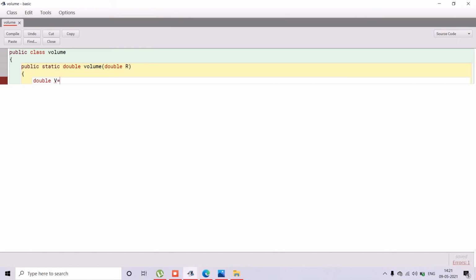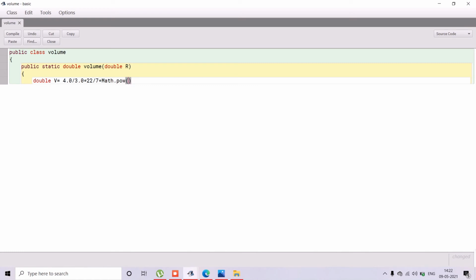So for 4 by 3 we should use 4.0, because here we are using double, so you should put the value in double only. Then 3.2 into, this is not an arbitrary symbol, it is the multiplication symbol. We mainly use this symbol only. Into 22 by 7 into. Then for the power we use the function Math.pow.